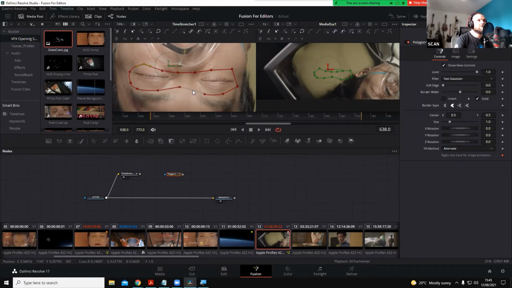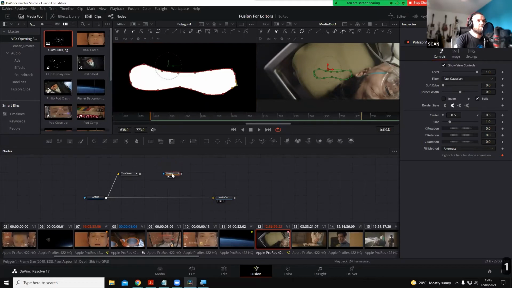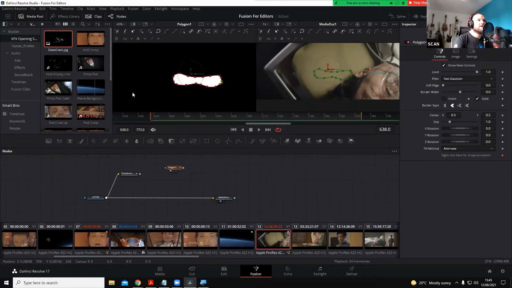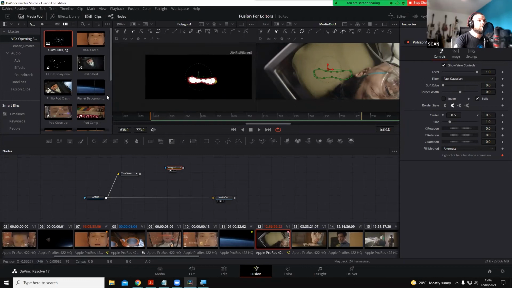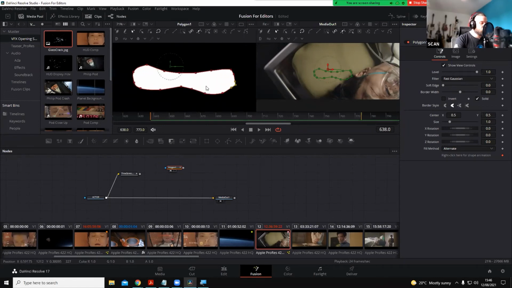I might click here actually when that line highlights, add another control point, and just go in and smooth a little bit of this out, just so I'm not doing anything silly. So there we go. I've created a mask. If I click on one with my polygon node selected and it goes into this viewer, you'll see that's my mask. If we're super zoomed in on any of the viewers, or zoomed out, and we want to fit the image to the viewer again,